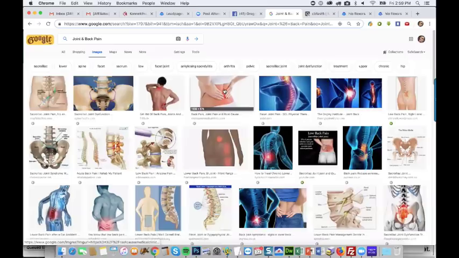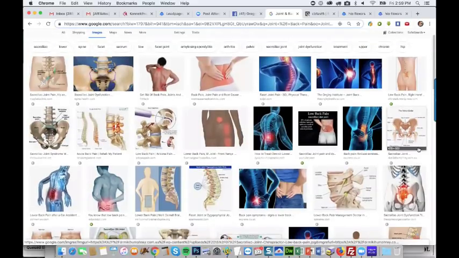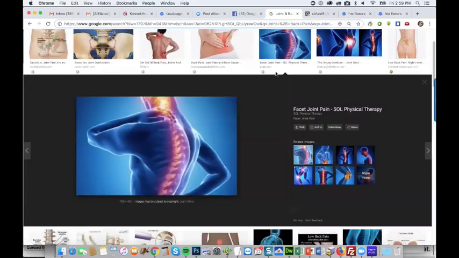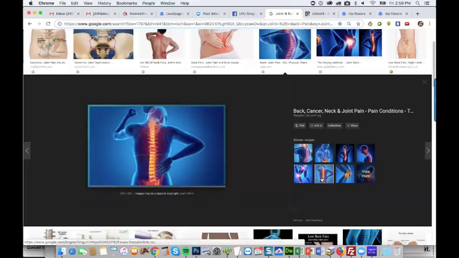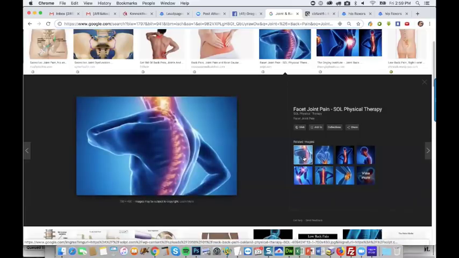Okay, got some pain images. These look kind of good right here. All right, let's try this one. All right, let's go.